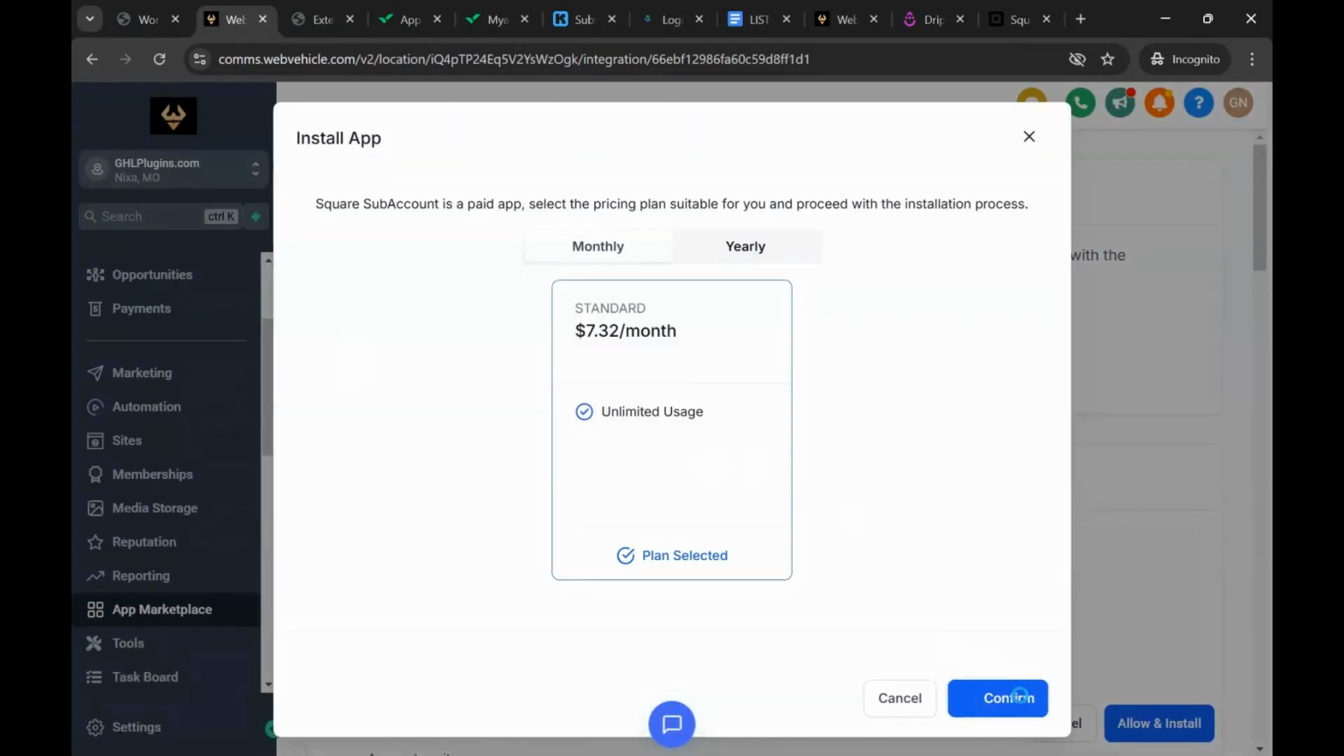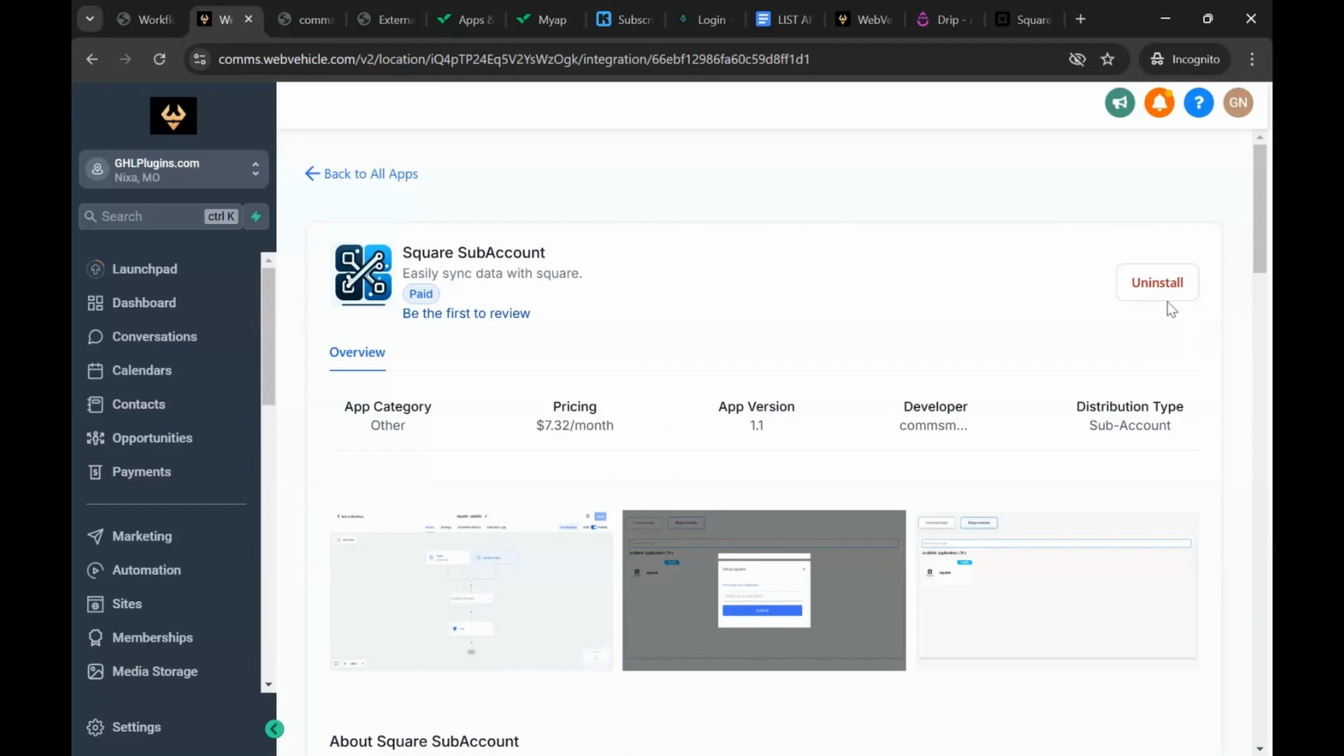Select the plan, confirm, complete installation, and you have uninstall, which means that the app is already connected to your Square account and you guys are ready to go, ready to execute actions directly from your workflow app for your